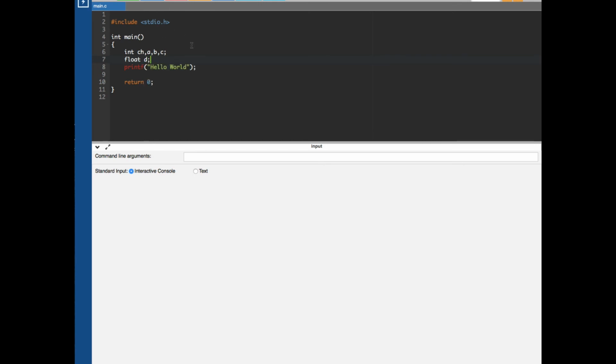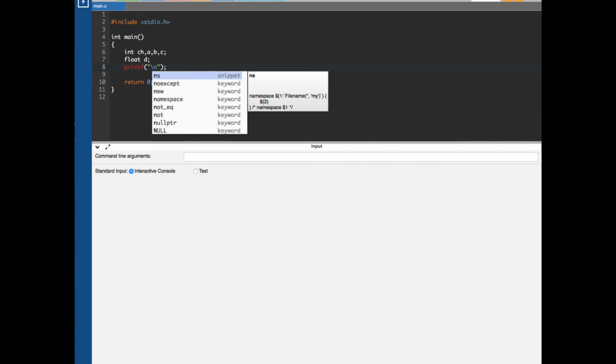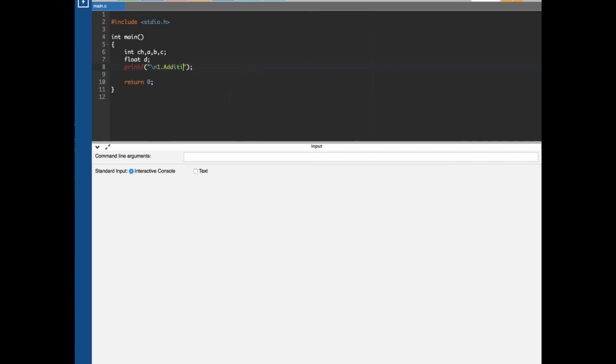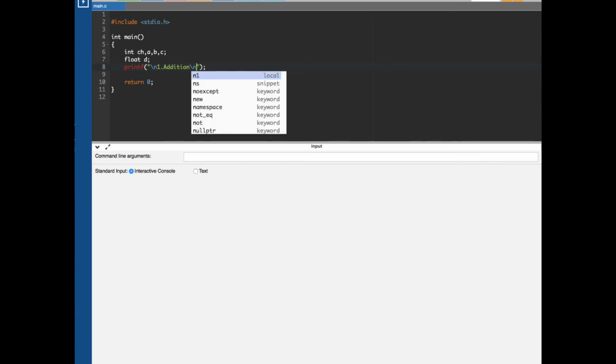Okay, now first we are going to display the choices for the user. We are going to give a prompt to the user. In the prompt, the user will see the choices, and based on the choice, the user is going to select. This is just the display. The prompt is going to be next. Now in the display, first let's start with \n. The first choice is addition. If the user presses 1, it's going to do the addition. And the second choice is, let's say, subtraction,